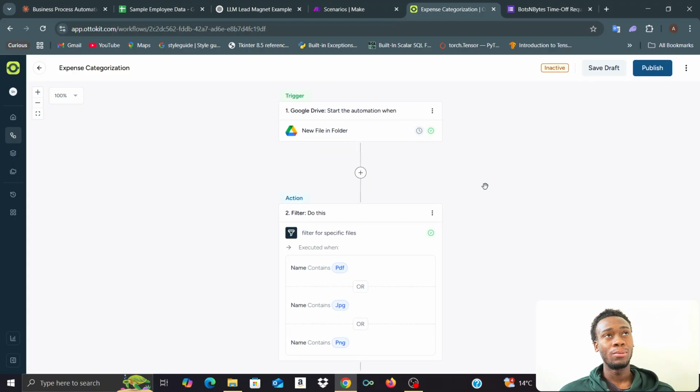And the second one is expense categorization, which automates